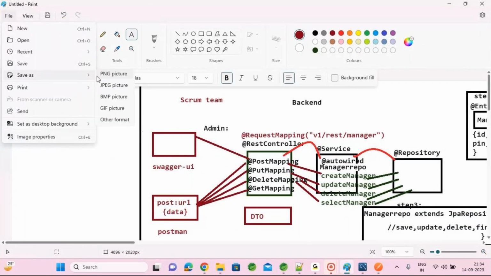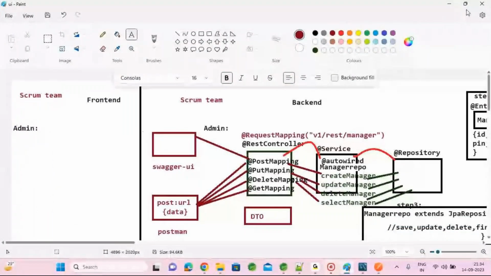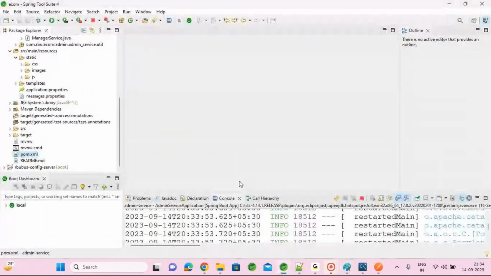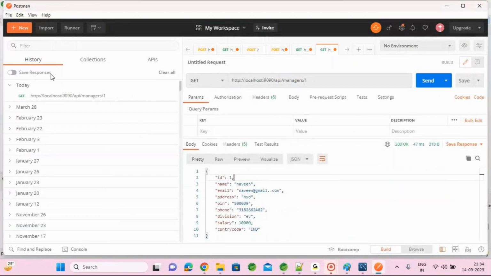Yes, sir. What is collection in Postman? I had given an interview now. There, the interviewer asked me, do you ever use collection in Postman like this? Yeah, collection is nothing but,